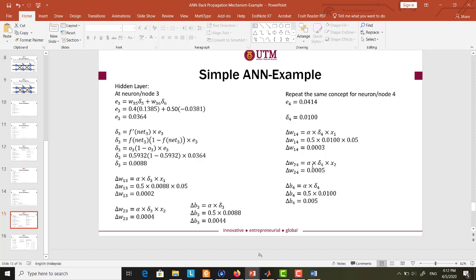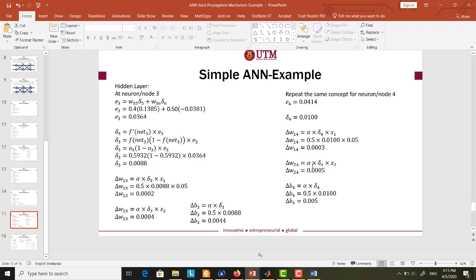This is what we call the vanishing gradient condition, where you have a small updater at the hidden layer side as compared to the output layer side. That means the learning process at the output layer is faster than the learning process at the hidden layer. The hidden layer's learning process is very small because the updater value is very small. So this is not good, because